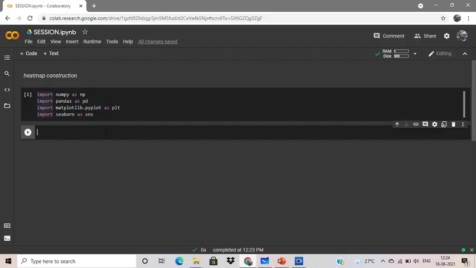Now we have to import the dataset. In this section we are going to import a dataset from sklearn. Sklearn is a framework of data from where we are importing the Boston dataset. Let me type the code.